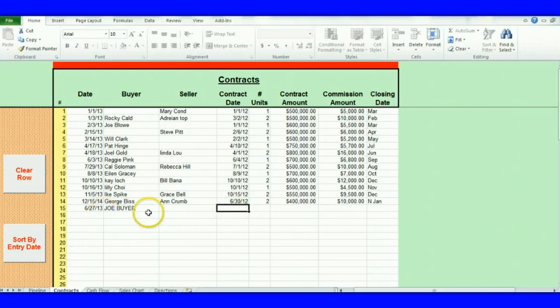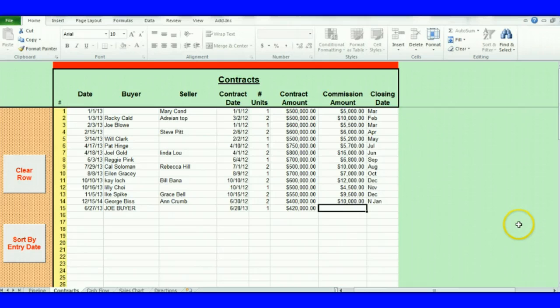It doesn't have to be. You might enter him in here, and maybe he doesn't go into contract until the following day. So this one here doesn't have a drop down box. So let's put down, for argument's sake, /28/13. Okay, so now he's in there. It's a one-sided sale. You've only got Joe as a buyer, so you're going to put a 1 in. We're going to go over here, and Joe bought something for $420,000. Okay, that's the contract amount.